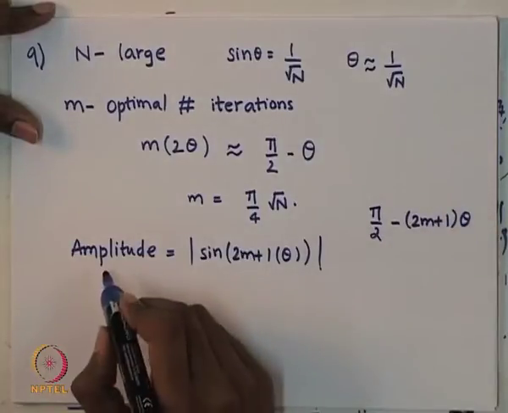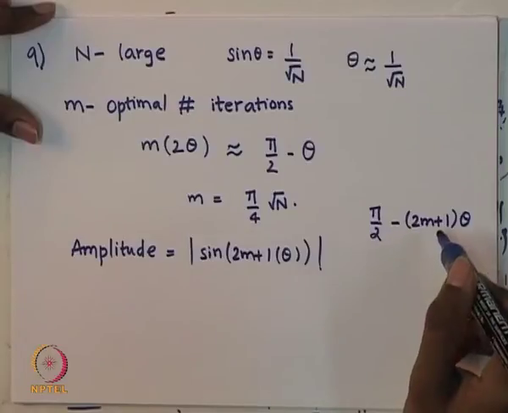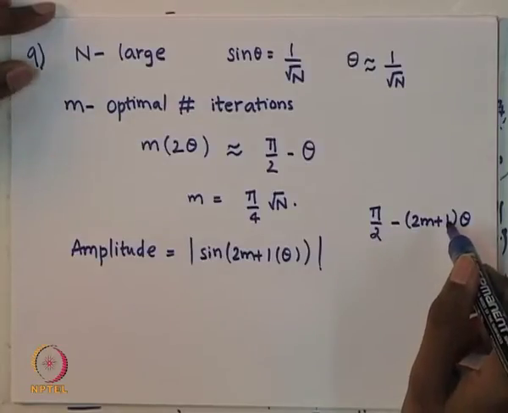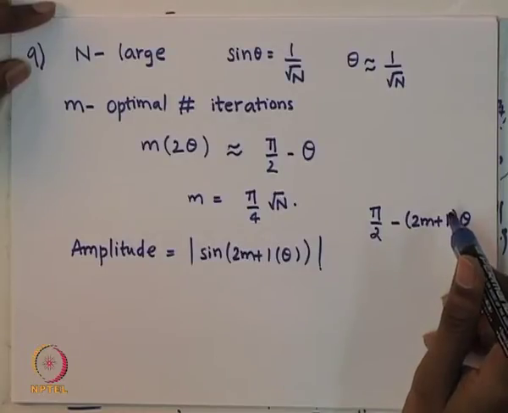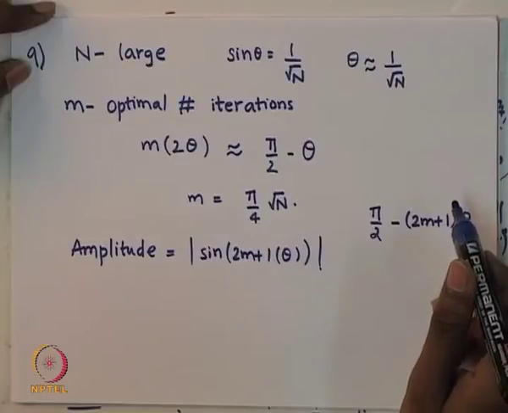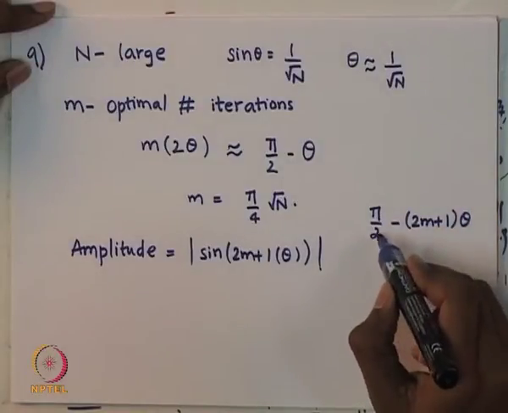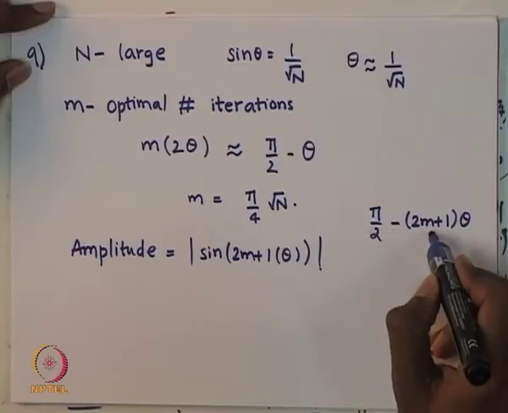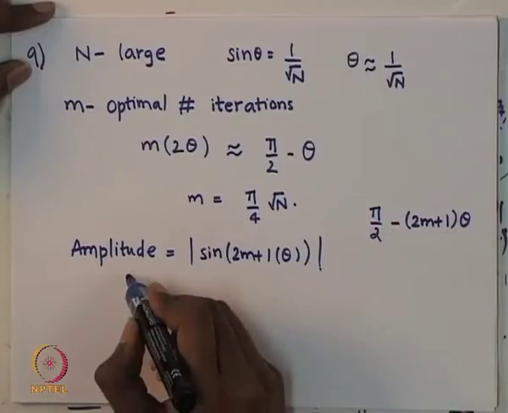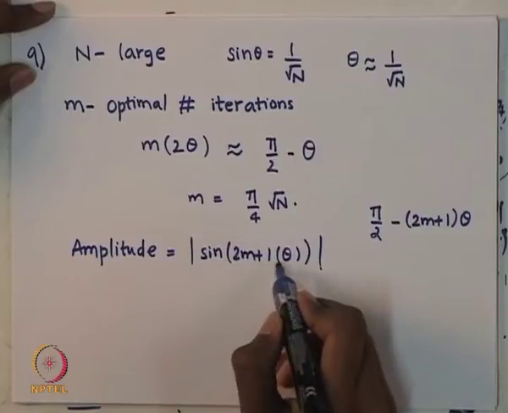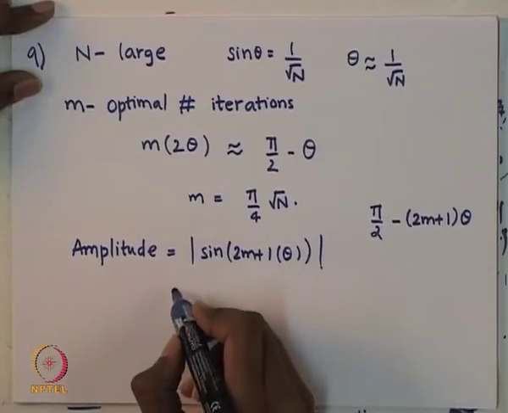So, the amplitude should be sine of this angle. As the angle between S and W after m iterations is pi by 2 minus (2m plus 1) theta, we have amplitude as sine of (2m plus 1) times theta, which is